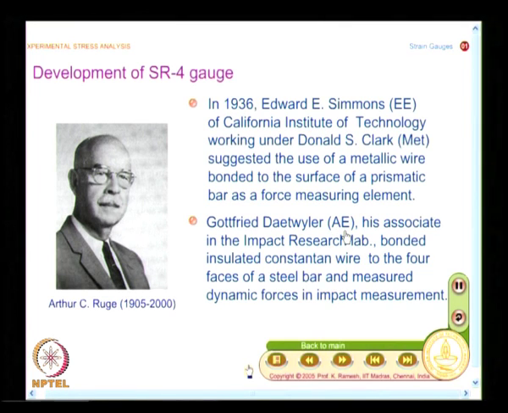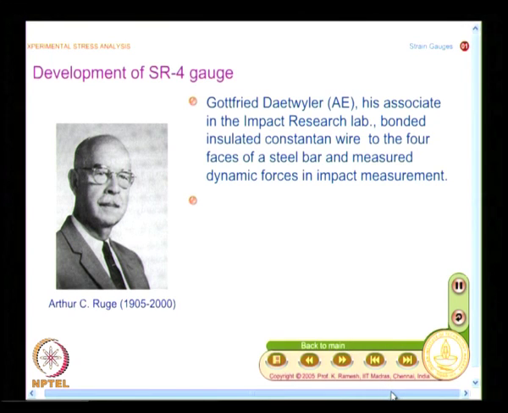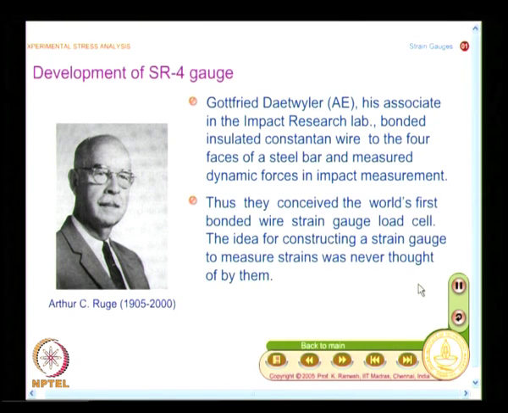See, only when different minds meet, new ideas develop, and Simmons was credited to be very inventive in his approach. So, when they faced a problem in impact force measurement, they consulted Simmons, and Simmons suggested, why don't you take a wire and bond it. And if you really look at their contribution, they did not know at that time that they were going to develop a strain gauge. They focused only on measuring the force,